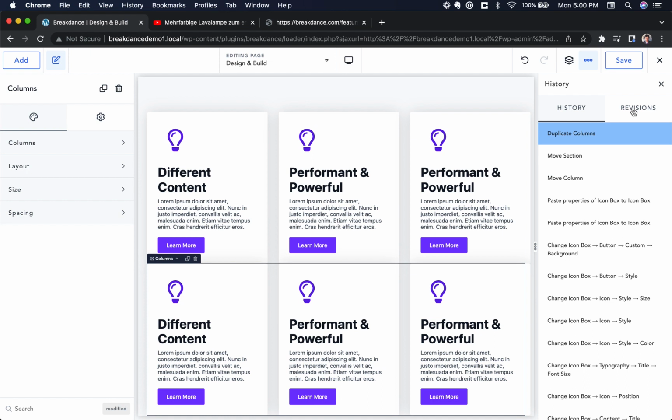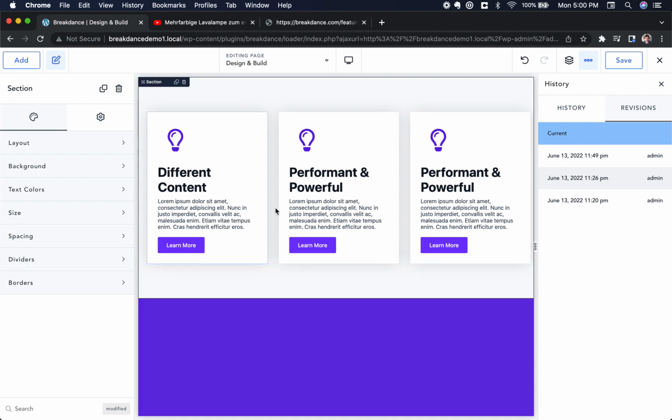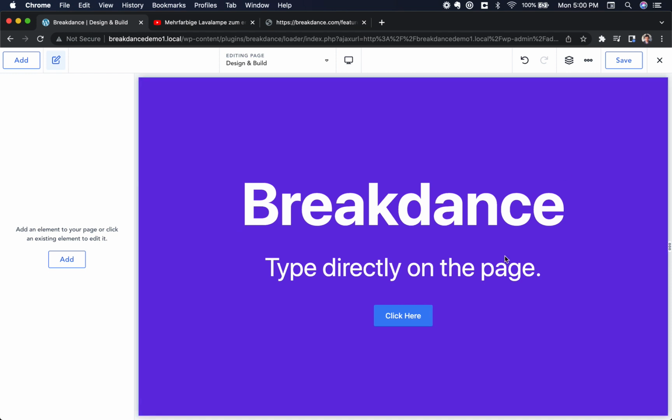I also have revision history. These are saved revisions. When you save the page, the WordPress database creates a revision. So I could restore an earlier version of this page just by clicking it, or go back to the current version by clicking that. But I'm going to keep what I have right now. I'm going to delete this section, close the history panel, and now I want to show off the layout engine